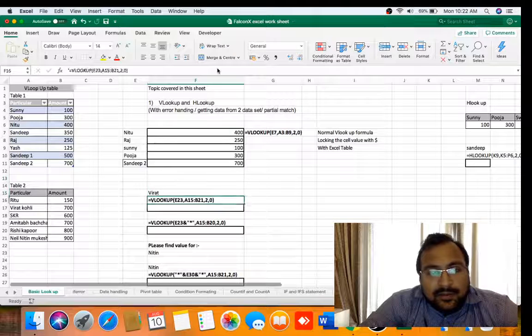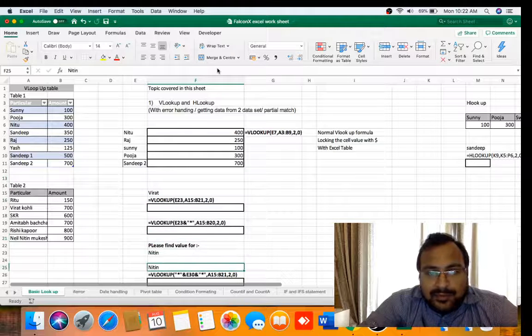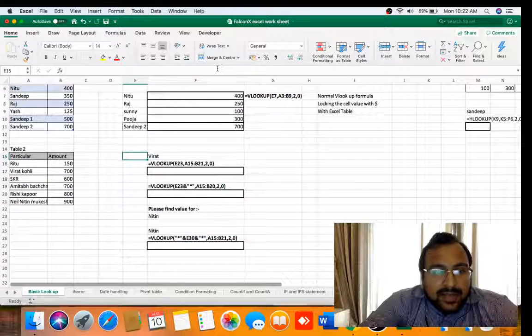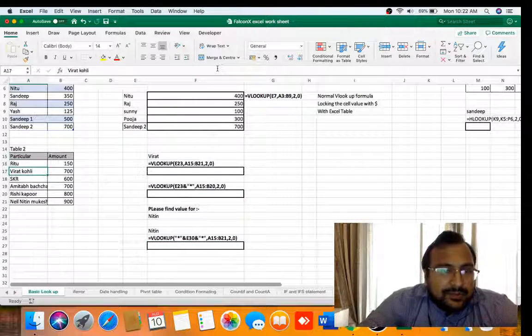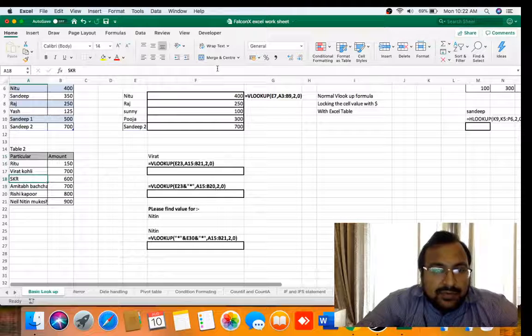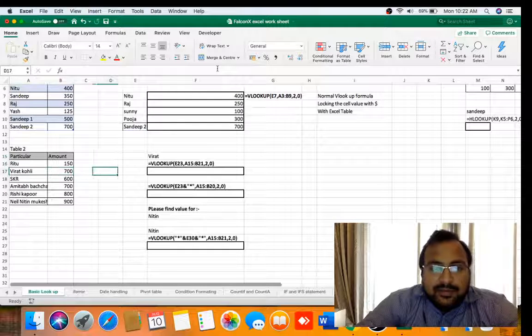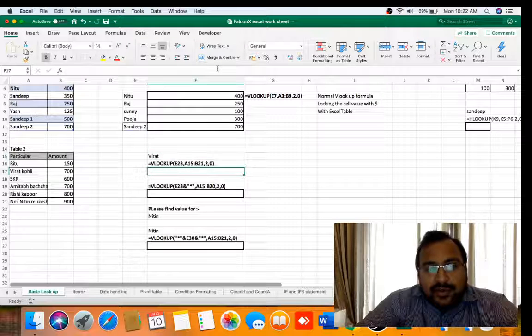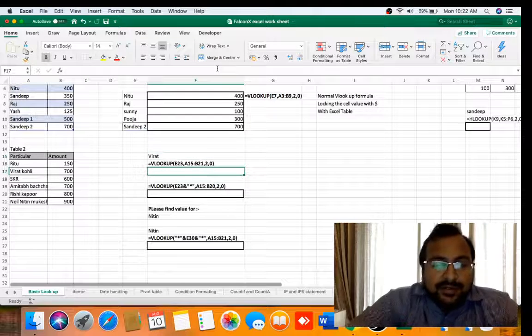Now one more topic which we have to cover in this video is that, as you can see in table 2, we have the value Virat Kohli 700, and here we have the value Virat. So how can we get the value 700?